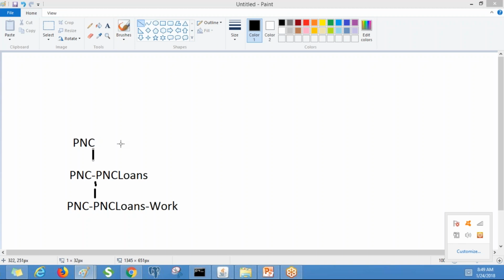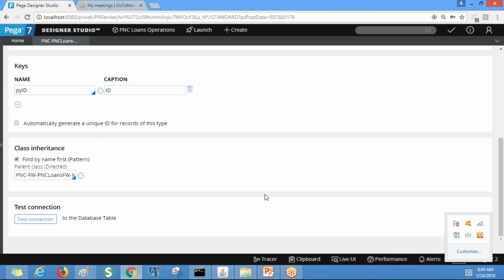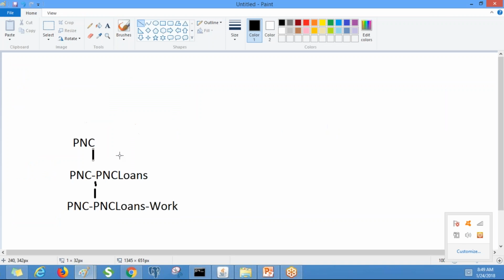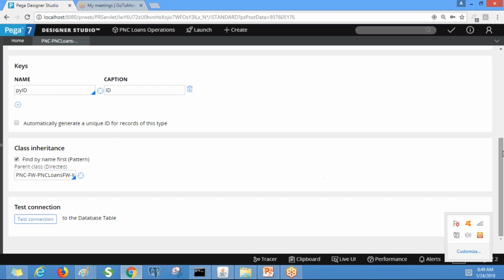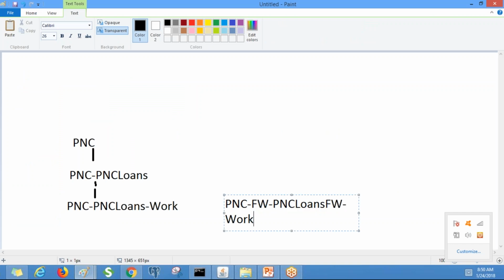Okay, you see this pattern inheritance is enabled. Each class will also have a directed inheritance, which is mandatory. You see this work class is inherited from this framework class. So this is the directed inheritance. Generally we specify directed inheritance in a thick line.